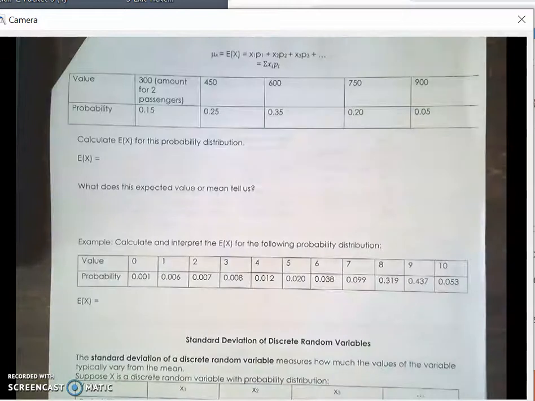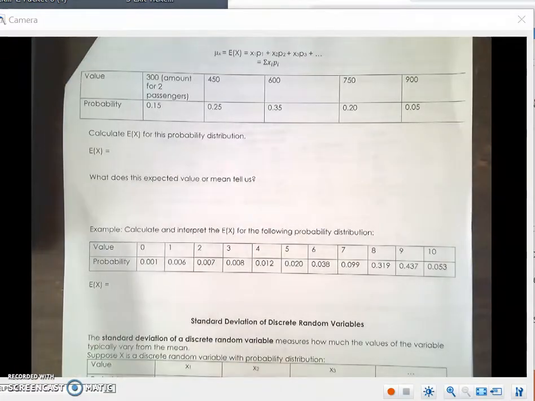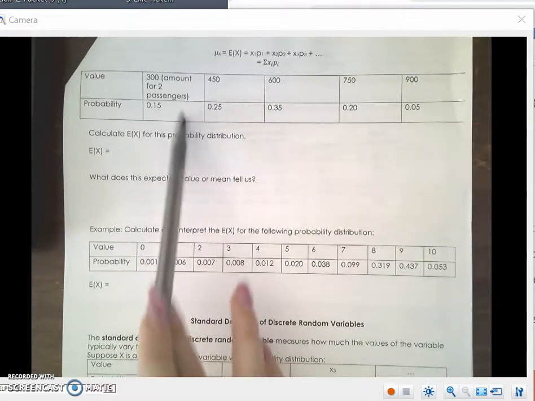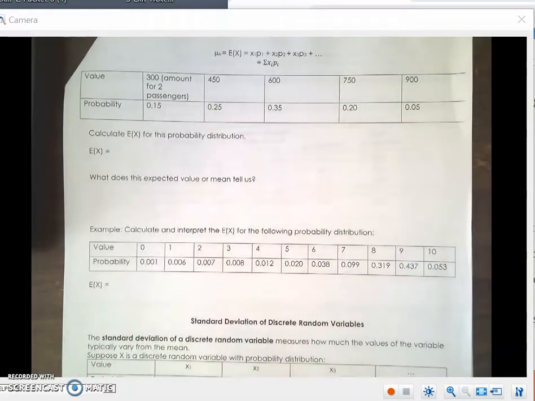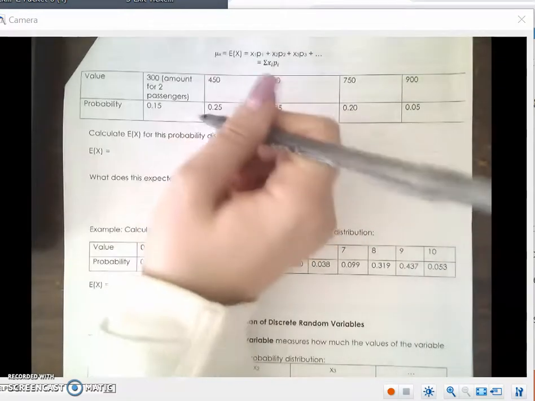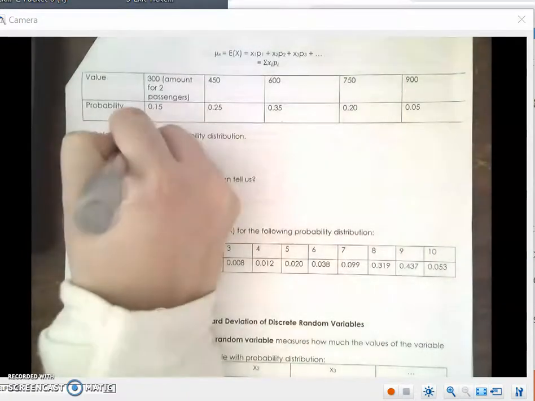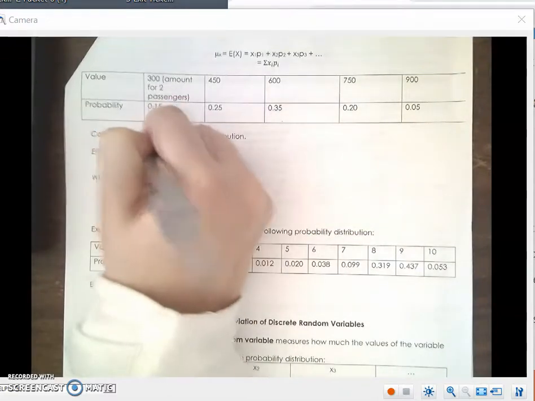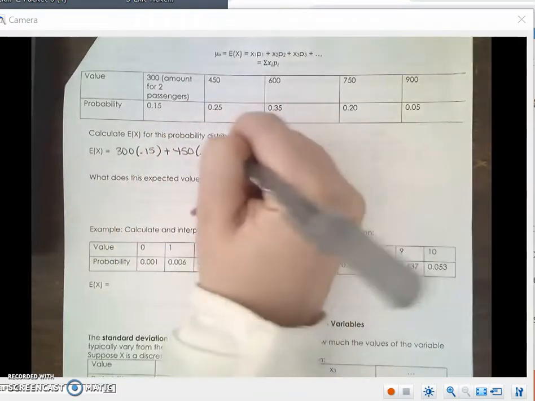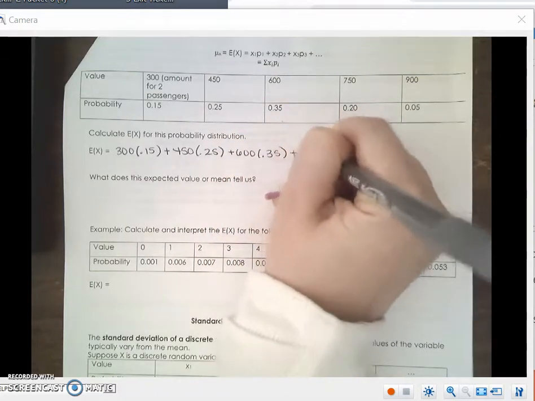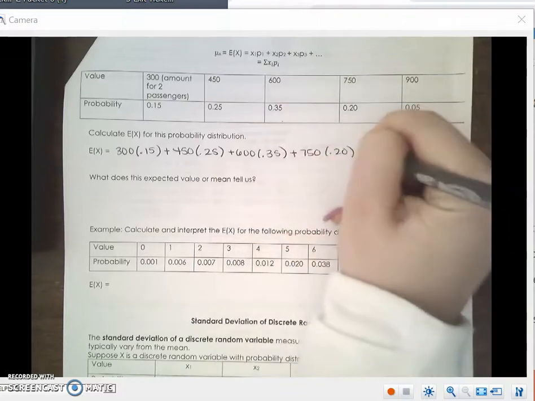So luckily, we have several examples that we can do this for. The first example we can go through is the example with Mr. Sparks and his trip to Belize. So we have our values and we have our probabilities. So to calculate this, remember it's value times probability plus value times probability plus value times probability. So it would be 300 times 0.15 plus 450 times 0.25 plus 600 times 0.35 plus 750 times 0.2 plus